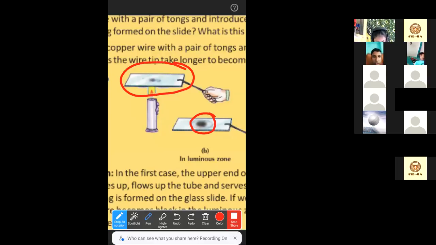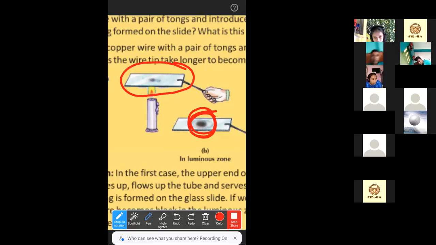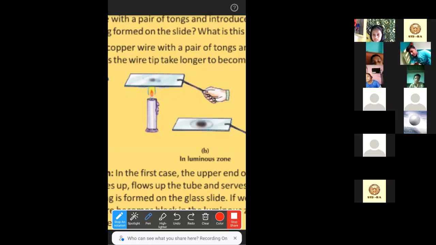Combustion means fuel plus oxygen, that will make carbon dioxide and water vapor sometimes, and energy. It will release heat, energy, sometimes sound. In case of a candle, sound is not applicable. So this black colored spot that we can see is due to the burning. This is actually the carbon that is stored here. And this is why if we rub it with any clean cloth, it will be easily erased or removed.